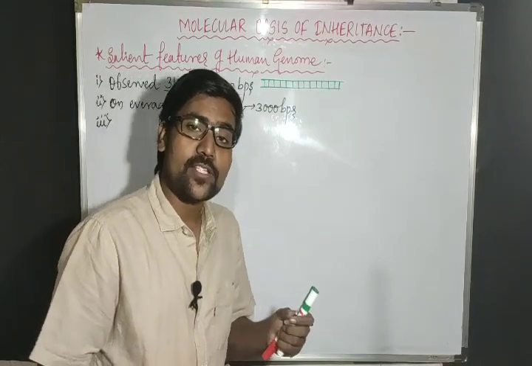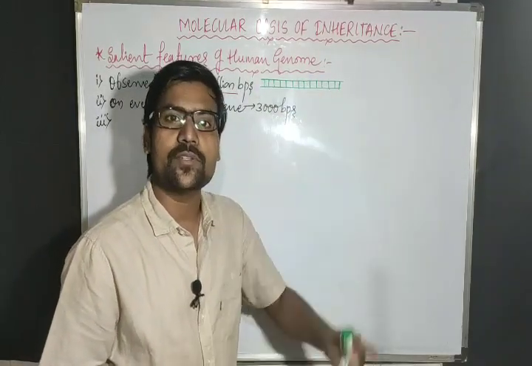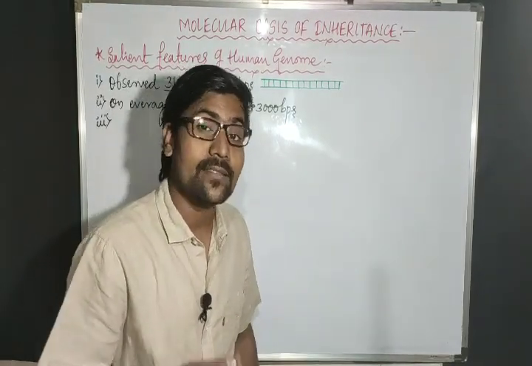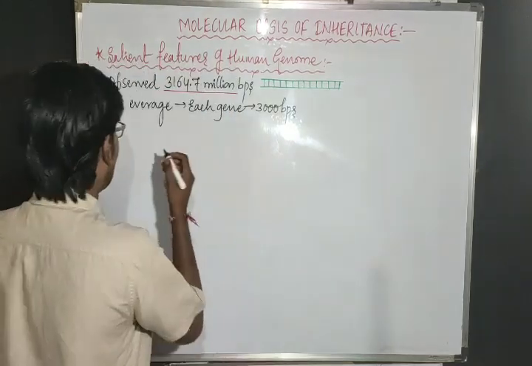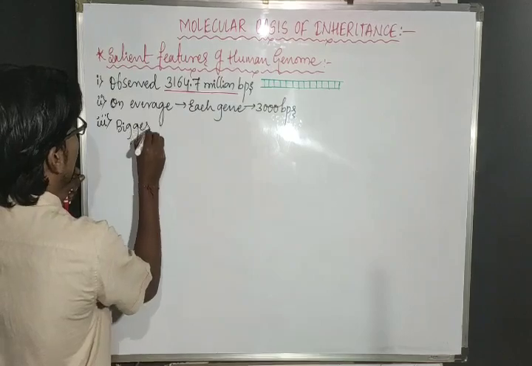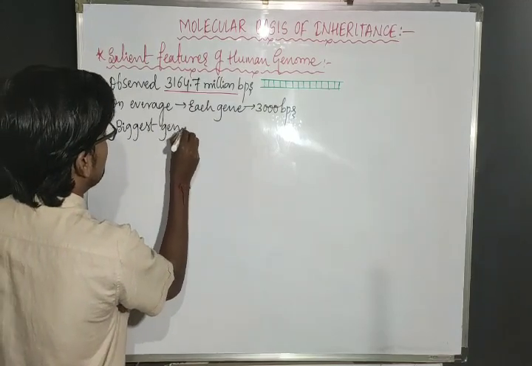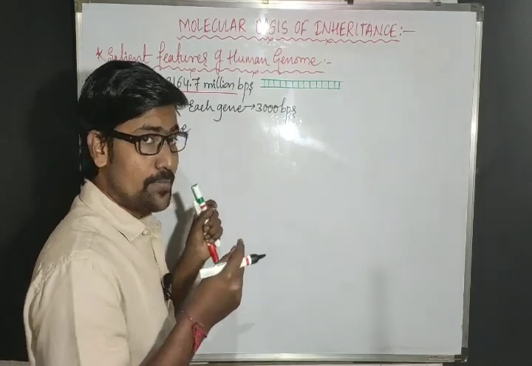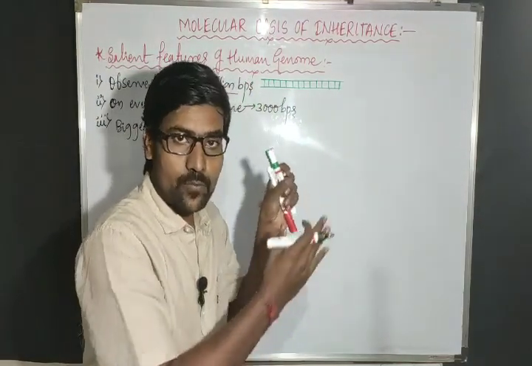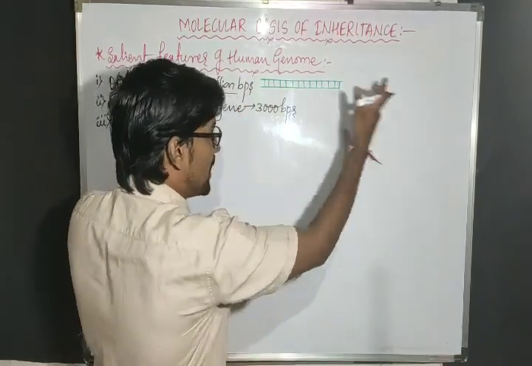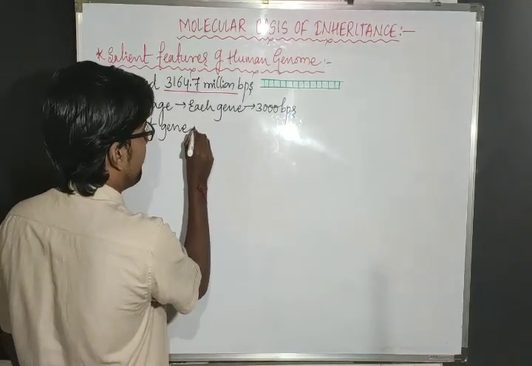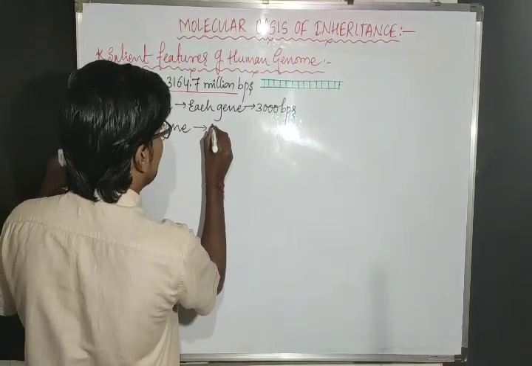Then the next question arises: which one is the biggest gene? If there is a biggest gene, how many base pairs may be present in that gene? By biggest gene, I mean the number of base pairs that gene has. So the biggest gene, which has the most base pairs, is